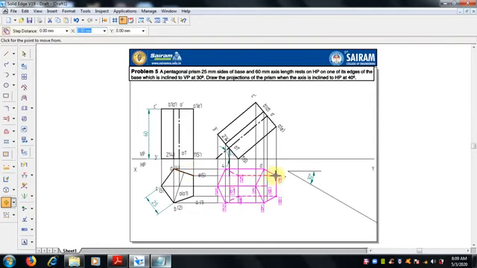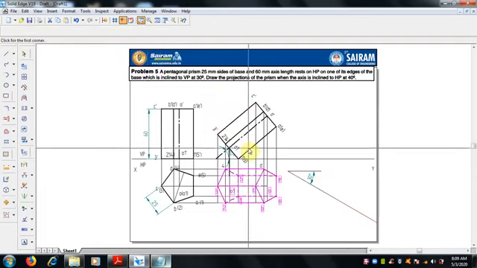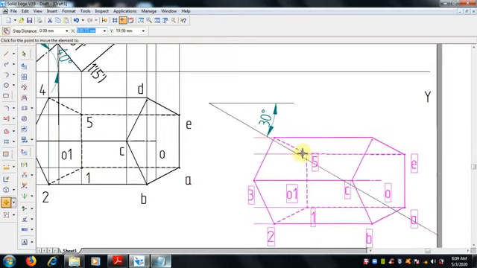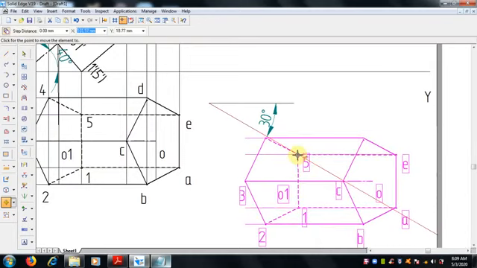So select the point where we want to keep it, the resting edge. I am selecting this resting edge here, and that resting edge can be placed here. The corner of the resting edge, the corner is 5, I am just keeping here. Now we are going to rotate this.